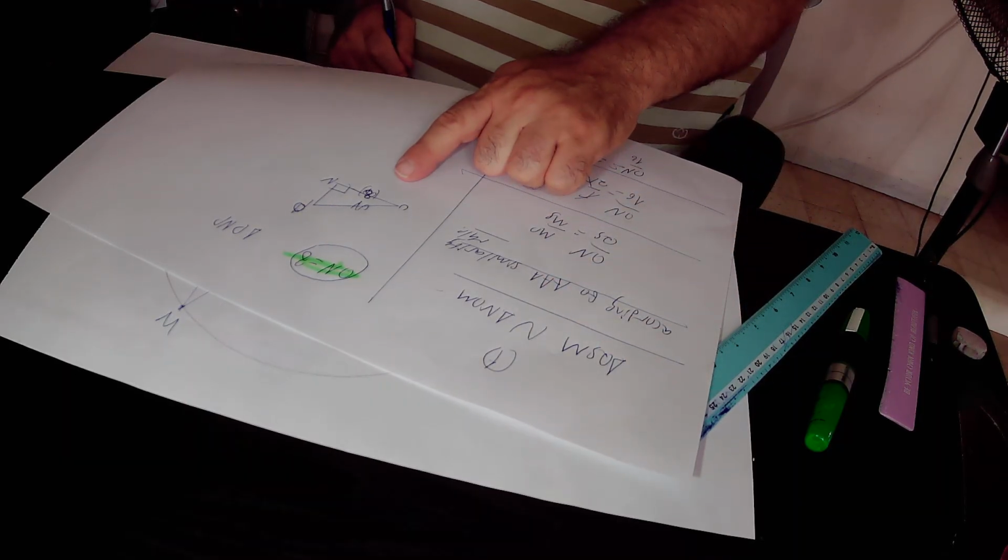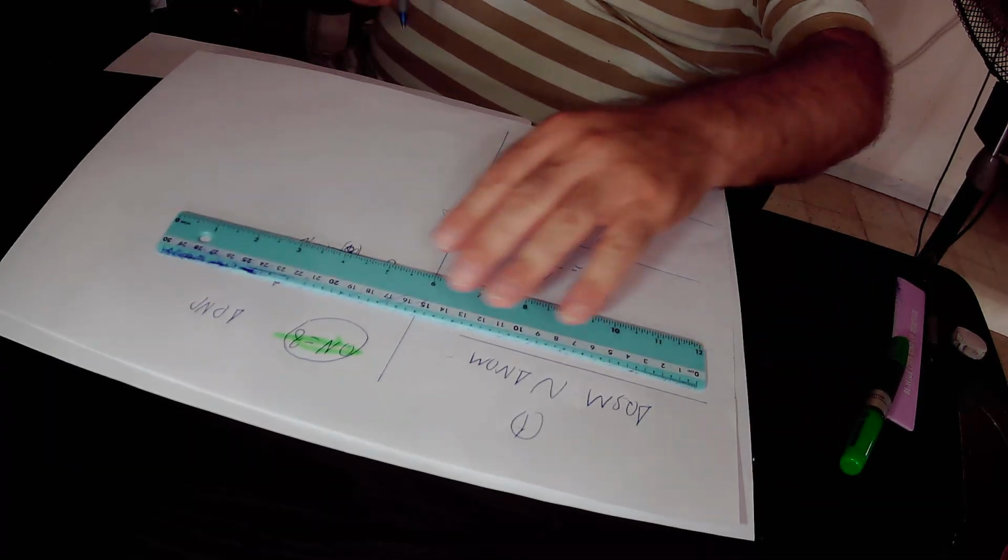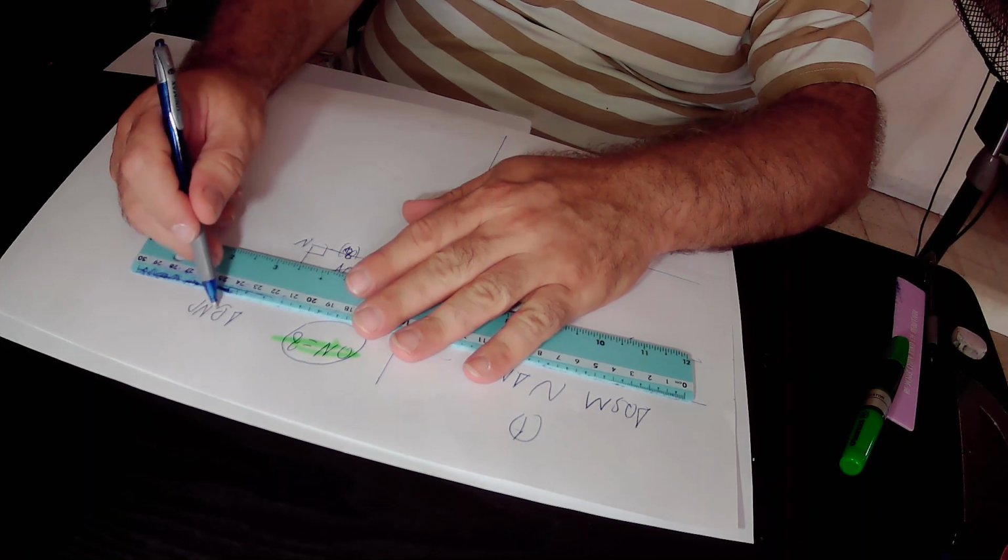So actually, this is the small right triangle ONP. This one, right triangle ONP, according to the Pythagoras theorem,